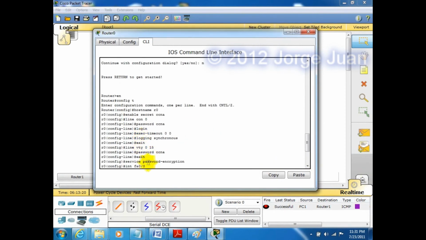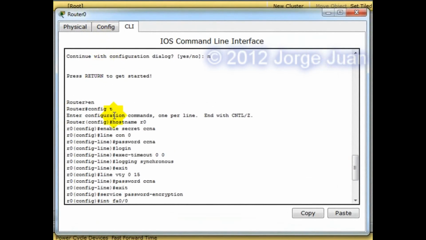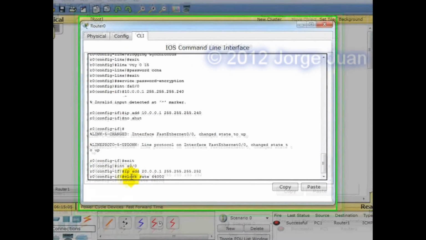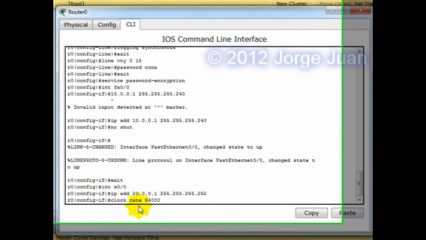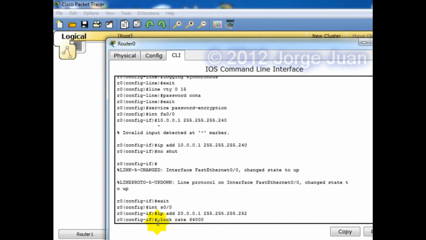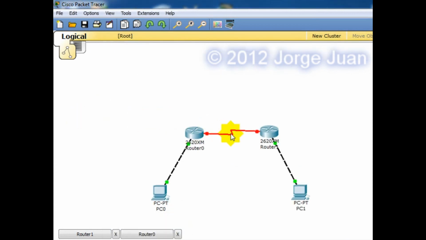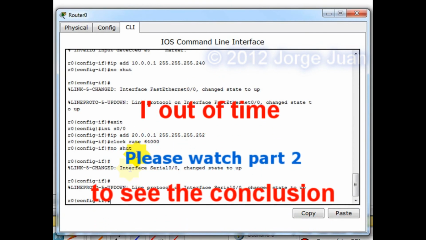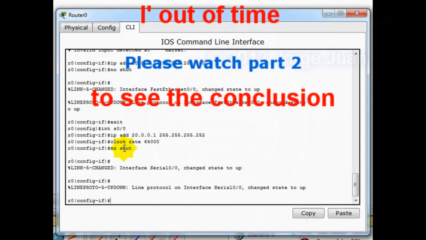Okay, here's the configuration so far for router 0. It is basically the same, so I'm just showing you the first part, and then I'm going to configure the interfaces. Now remember that router 0 is a DCE, so I will configure the clock rate of 64000. And if you forget, remember you can hover over the serial connections. You can see a little clock that reminds you that that's a DCE side. So as you can see, as soon as I configure router 0,